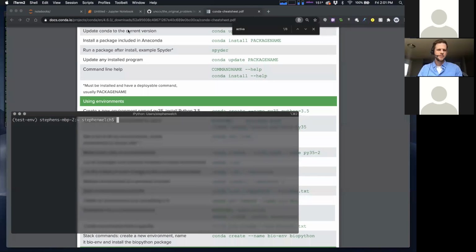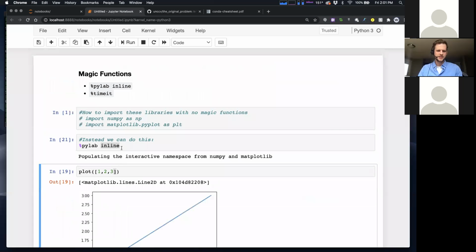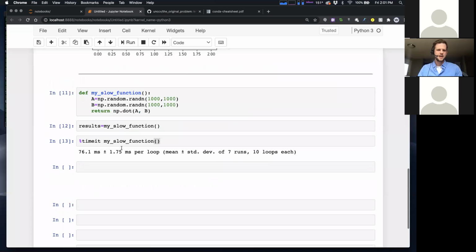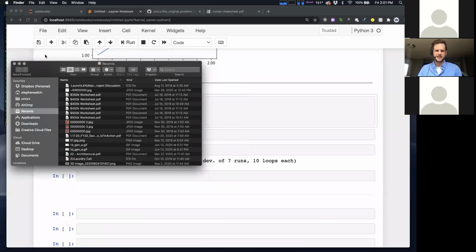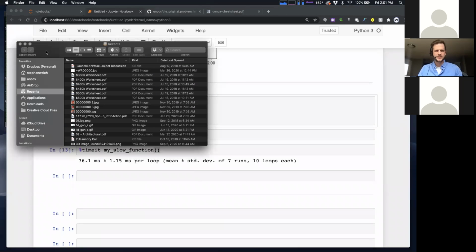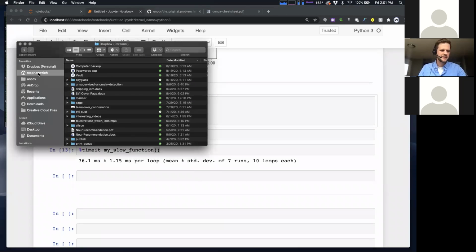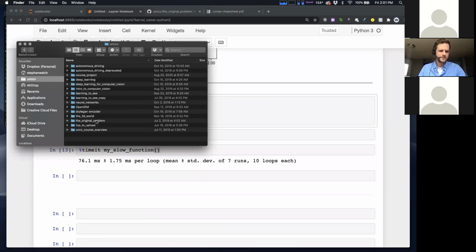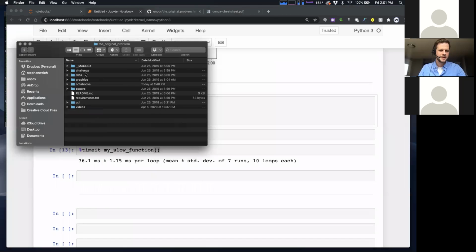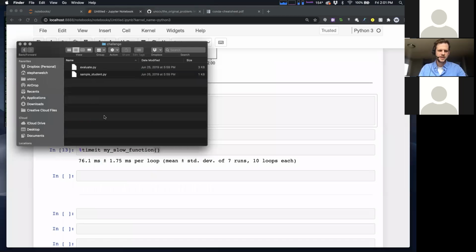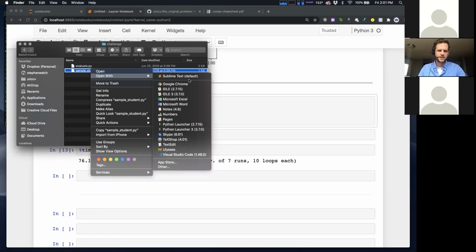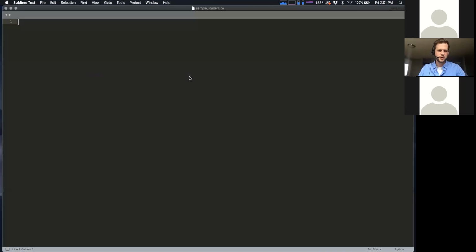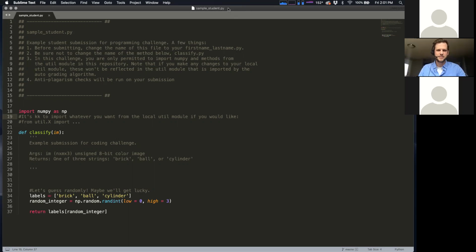For development purposes, I do like to work in the notebook because I can run experiments really, really fast. But let's say I end up writing a method that I want to use later. There I might shift towards putting that inside of a script. Let me show you one thing really fast. Let me go to this repo, the original problem. If you go to the challenge, which you should be getting soon, for your submission you won't submit a Jupyter Notebook, you're going to submit a .py file.